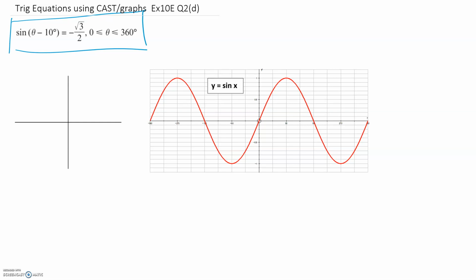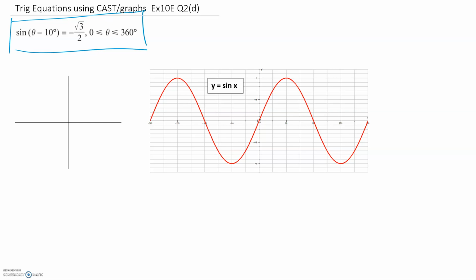There are other methods. I'll explain how to use the graph in a minute, which is probably the simplest method. But also there's general solutions. General solutions are probably a quicker way of solving equations like this, but I find that sometimes students forget the general solutions or get them mixed up. So I prefer to use the cast method, but you can just take a pick. Any method is fine. So the way I would do this question, well, before we do the question, just explain briefly how the cast